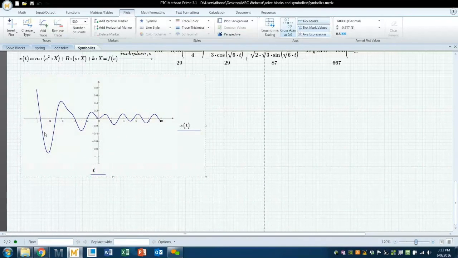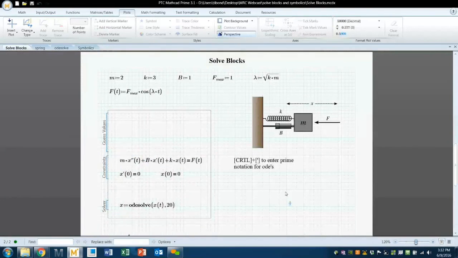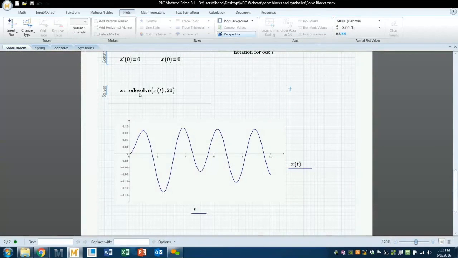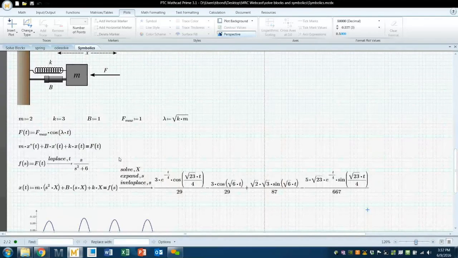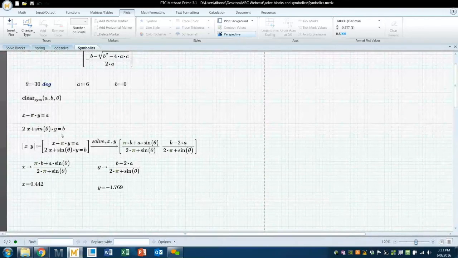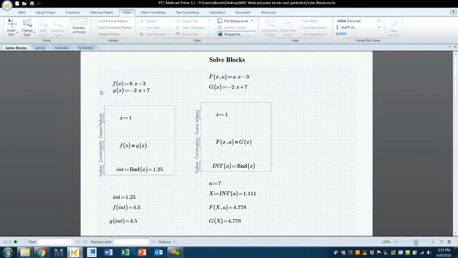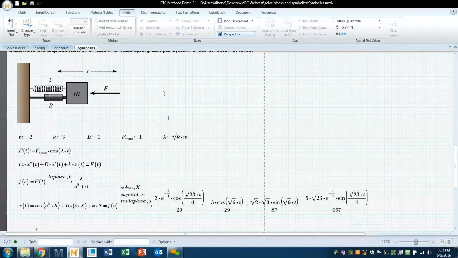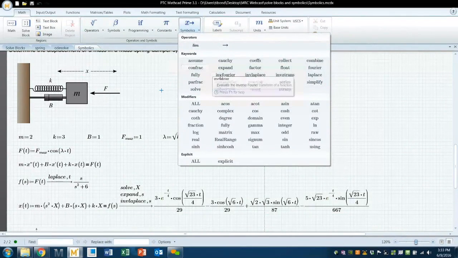I want to get rid of the negative values. I'll plot it against the same domain as I did last time. So there is that same answer. We did it using ODE solve numerically, and we can also do the same thing symbolically using the Laplace transform method. So either one, solving a system of equations just like we did up top, right? We can solve differential equations using Laplace techniques,